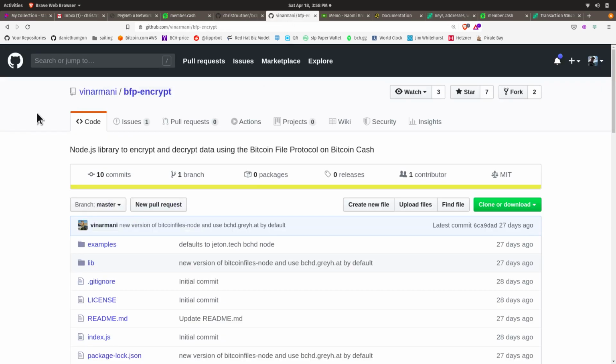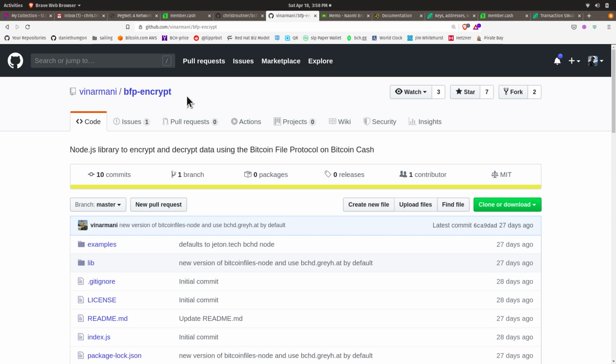And I got to give a big shout out to Vin Armani, because none of this would have been possible without his BFP Encrypt program. This is the same idea, but it uses the Bitcoin File Protocol that was developed by James Cramer. And instead of using the Bitcoin File Protocol, I'm using this memo.cash protocol.